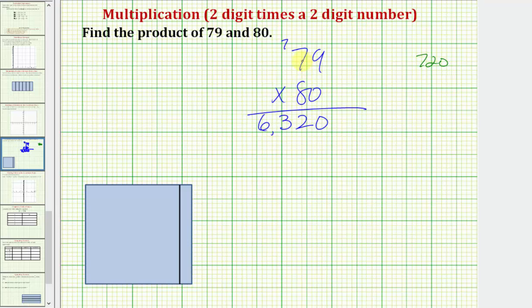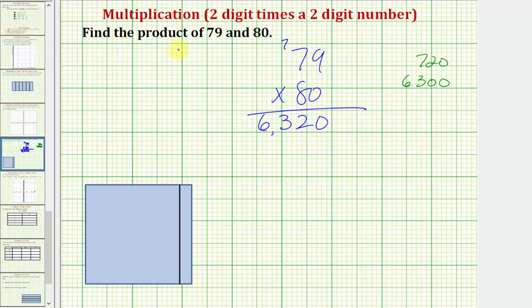80 times 70 is equal to 5,600, and then we add the 7, which is really 700. 5,600 plus 700 is 6,300, which is the reason why we have a 3 in the hundreds and a 6 in the thousands. Another way to show this product would be to use the area model, where if we find